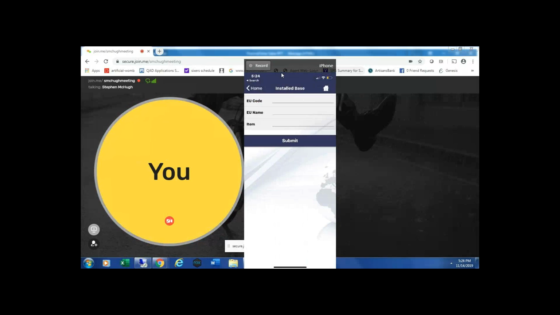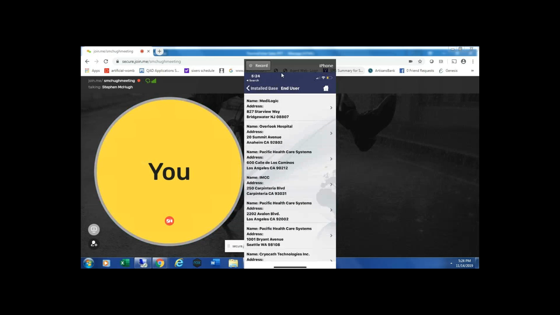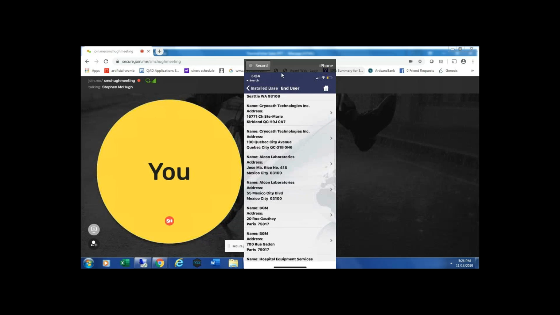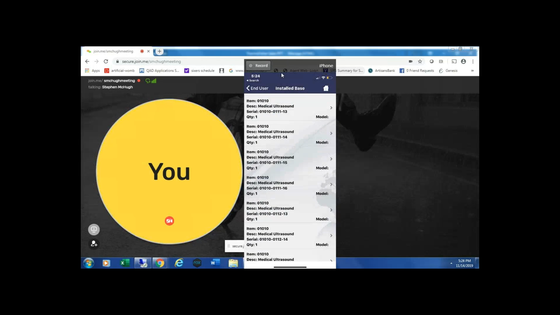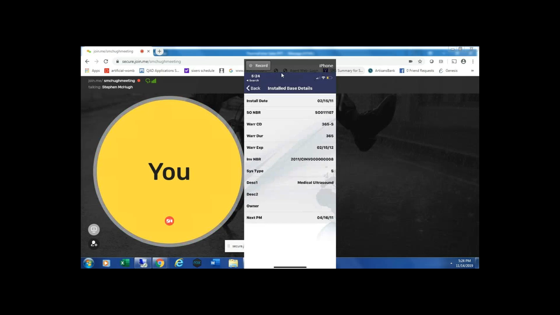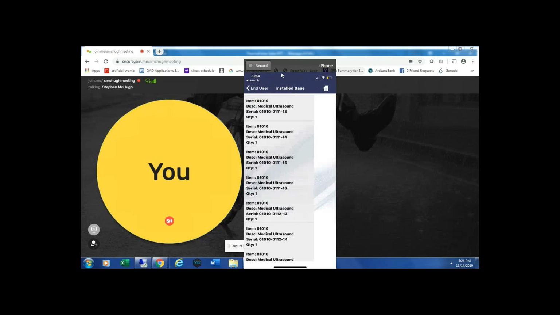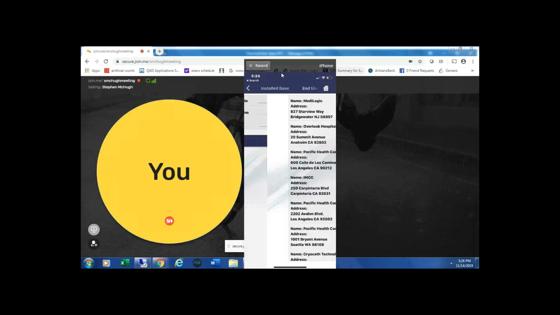I can also look at all my installed base records. So this will give me a list of all my customers, end users that are assigned to my engineer code. I can go in there and pick, and then it will show you all the medical instruments, the install base, if you will, for that end user. If I click on the install base record, you could show extra fields, up to 10. So if you wanted to add customer contacts information, if you need to know information about,